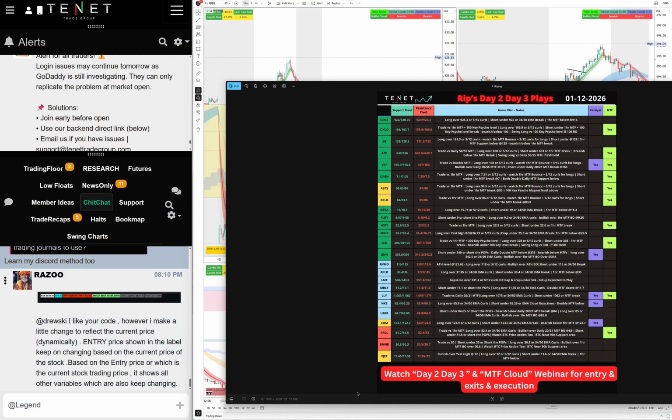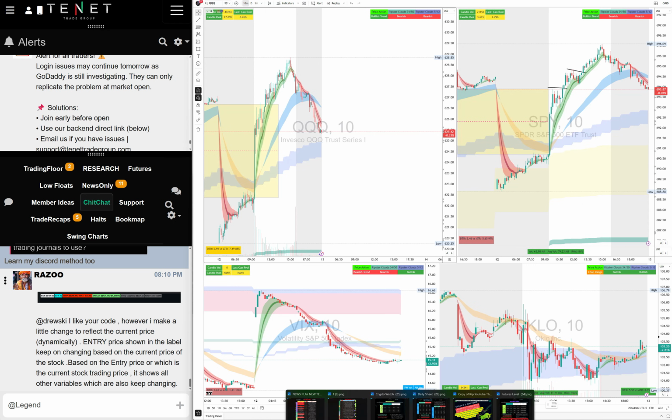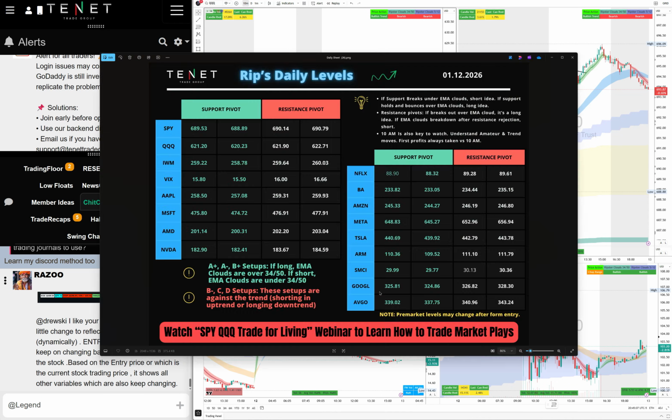We also trade many other setups. We trade our day 2, day 3 setup. Costco was our top day 2 setup. We'll talk about that. This is another strategy that I did a free webinar on. We also provide levels for all the SPY QQQ index and the Mag 7s and the top high volume stocks in the market that move with the market that you can trade. We can review a few of those as well.